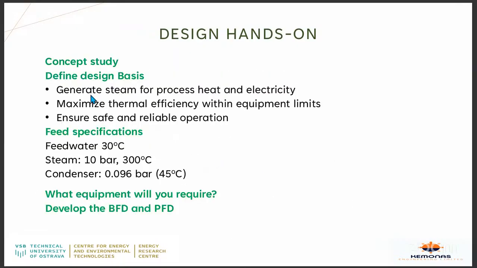So we will generate steam for the process for heating and electricity supply, and that's what we're going to do here. And for steam generation,